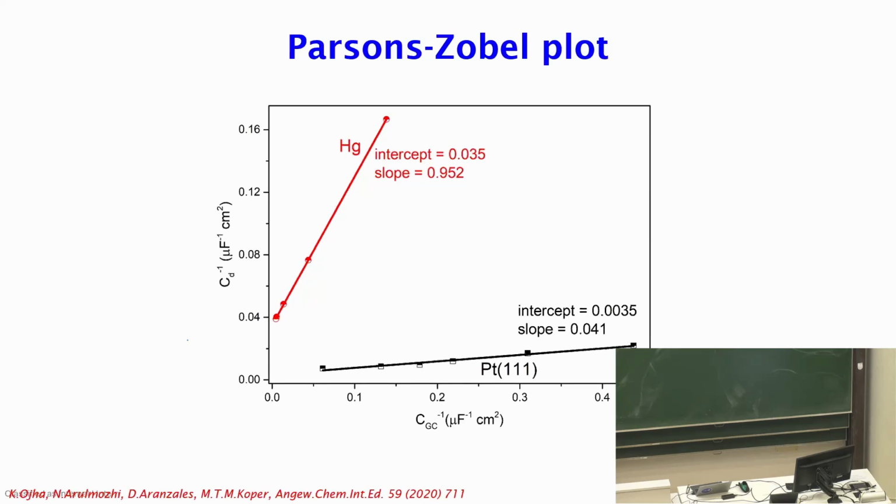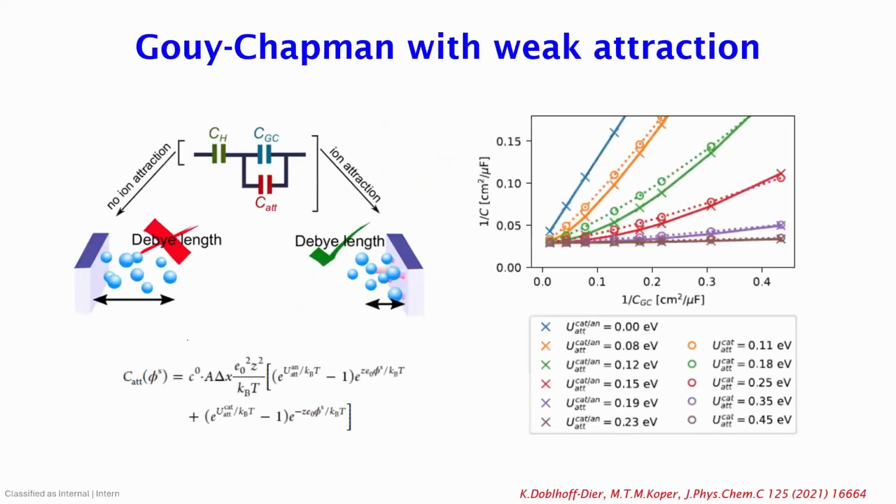It's not even clear if this is linear. I'm still not sure if this is linear, to be honest. But you see the slope is much smaller for some reason. Now, why is it much smaller? I guess this is still an open question. There are now different papers in the literature that would explain why this slope is much smaller. But one thing that it suggests is also the capacitance is much higher for a given electrolyte concentration than you would expect it to be on the basis of Gouy-Chapman. That suggests that there is an additional interaction channel between the ions and the surface that is not taken on board in the